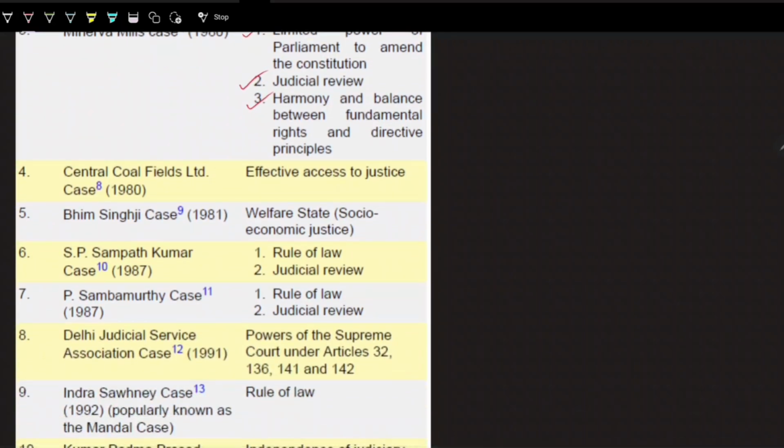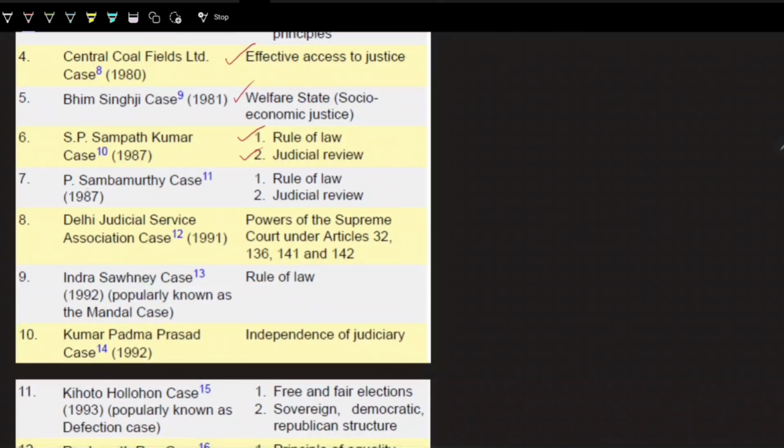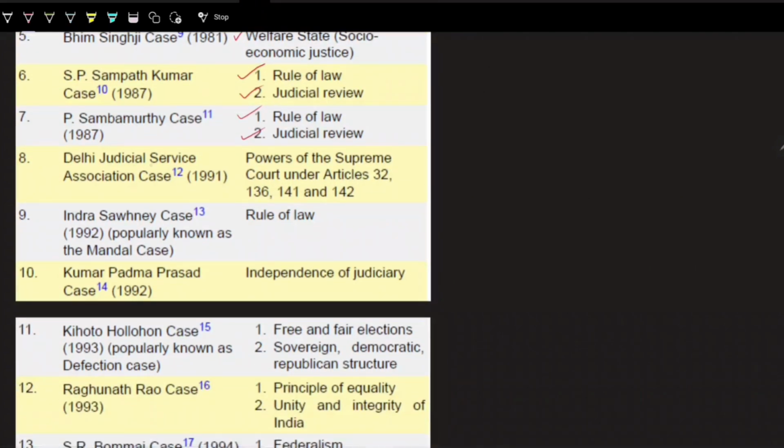Central Coalfields Limited case, 1980s: effective access to justice. Bhim Singhji case: welfare state, socio-economic justice. SP Sampath Kumar case: rule of law, judicial review. P. Sambamurthy case: rule of law, judicial review. Delhi Judicial Service Association case: power of the Supreme Court under Articles 32, 136, 141, 142. Indira Sawhney case: rule of law. Kumar Padma Prasad case: